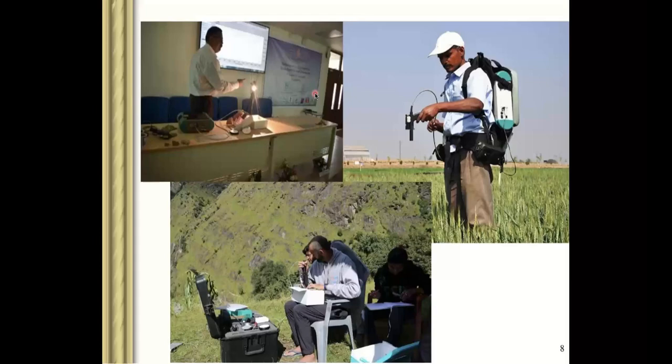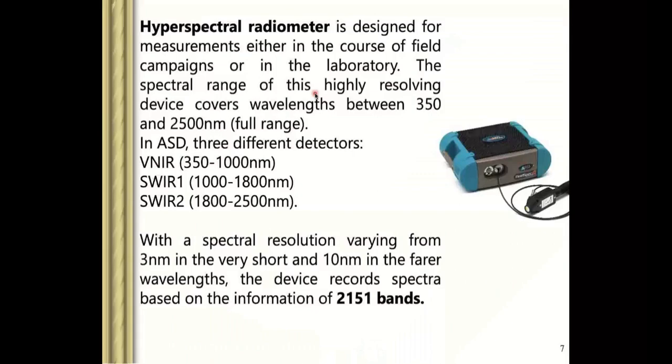No, actually, what happened is that there is a sharp change in VNIR, visible near infrared. But if you go to SWIR 1 and SWIR 2, here in SWIR 1 and SWIR 2, it is giving information every 10 nanometers. Here you are getting a lot more information, every 2 nanometers, or you can even go for 1 nanometer. But in these two channels, it is divided into 10 nanometer information.